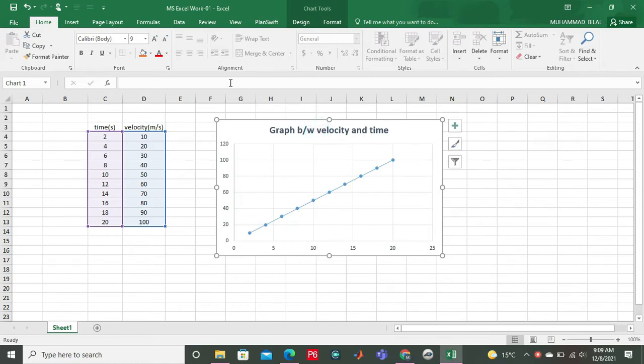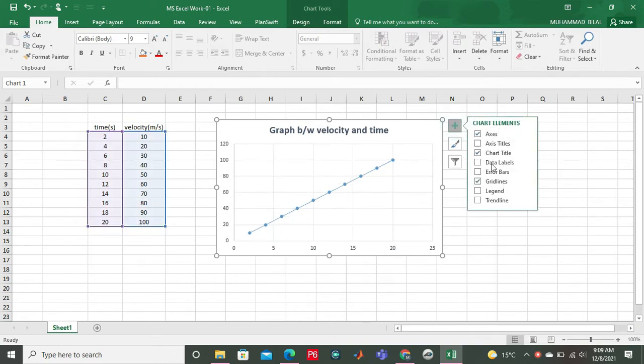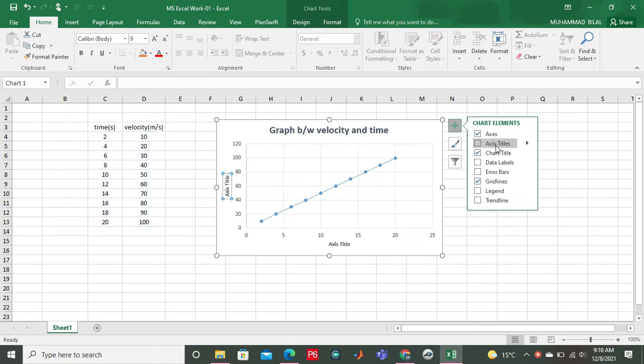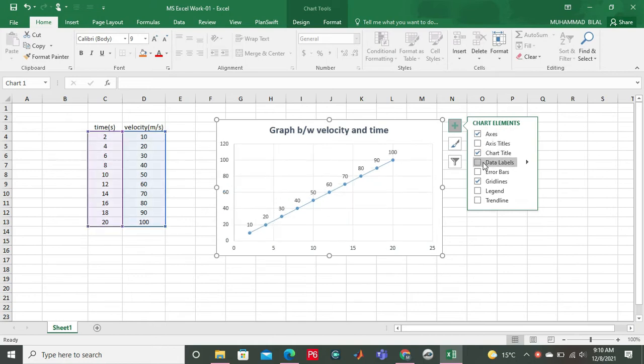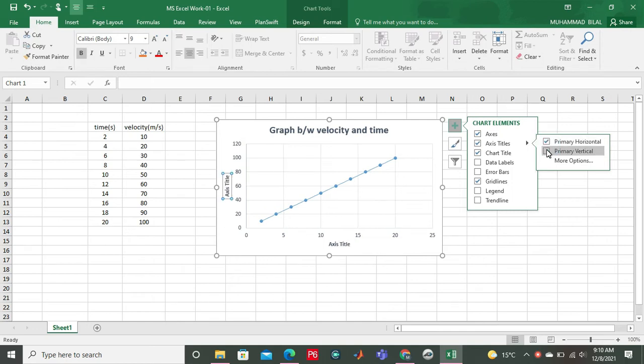Now I will be giving the x-axis and y-axis representation, or the labels on the x-axis and y-axis. So I will go to this plus sign. Here it represents some chart elements: axis titles, chart title. We have already named the chart title. We will be giving axis titles. Now we will click on primary horizontal and then vertical. We will apply a check on horizontal and vertical